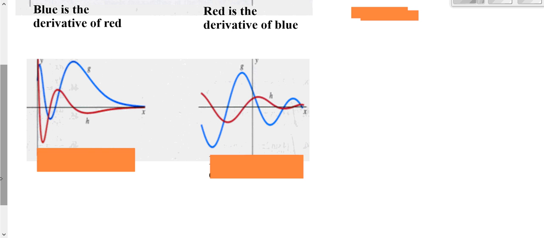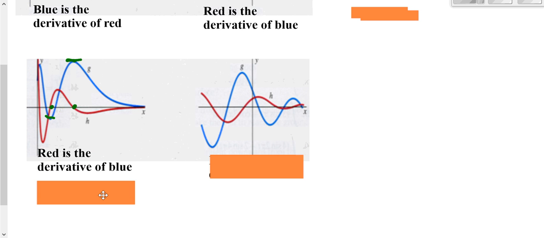Down below here, looking at our tangents, I could say, well, let's see, if I did a horizontal tangent here, my derivative should be 0, which the blue is not. So that doesn't work. But if I went here, horizontal tangent, my derivative should be 0, which it is. Going down to the blue here, horizontal tangent, because my slope is 0, well, my derivative is 0. So it does work there. So the red is the derivative of the blue. The last one here,